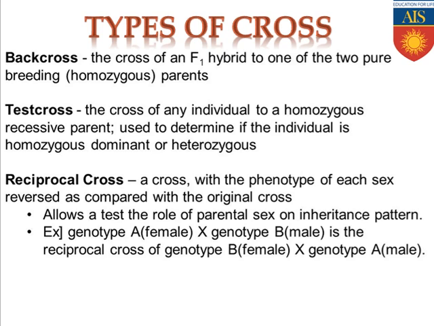Coming to the test cross, keep in mind that a test cross is a type of cross where the F1 hybrid individual is crossed with the recessive homozygous parent, that is small t small t. If the cross is performed between capital T small t and small t small t, a recessive homozygous parent, then it is known as a test cross. But what is a back cross? Back cross means the cross is performed between the F1 hybrid individual and any one of the parents, whether that parent is homozygous dominant or homozygous recessive. That specific type of cross is commonly known as a back cross.